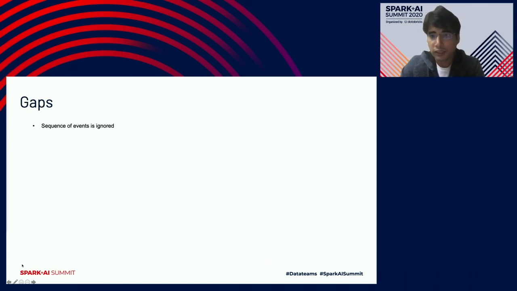One thing that this kind of approach misses out on is that it totally ignores the sequence of events that has happened. And like I said at the start of the presentation, it's a journey, right? It's a sequence of events that results in a final decision whether you're going to buy a product or not. And hence the sequence of events becomes super critical in order to represent a user journey. So the overall goal is,